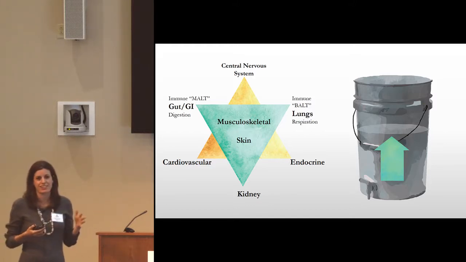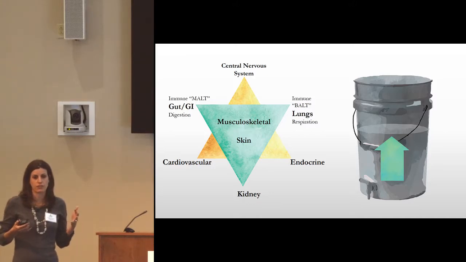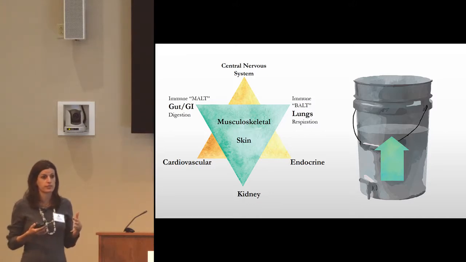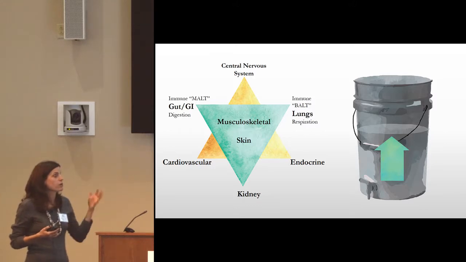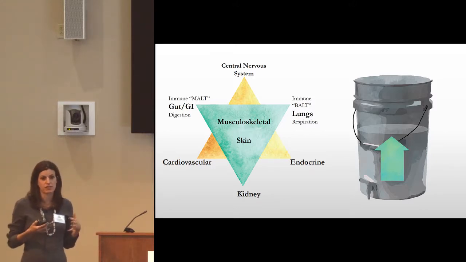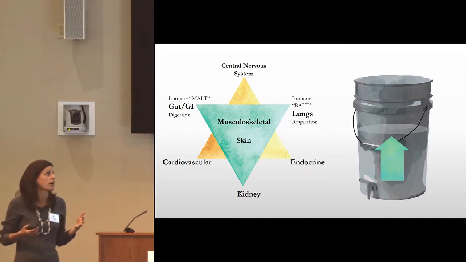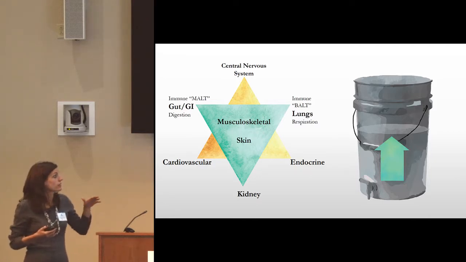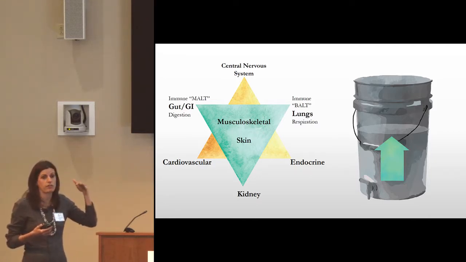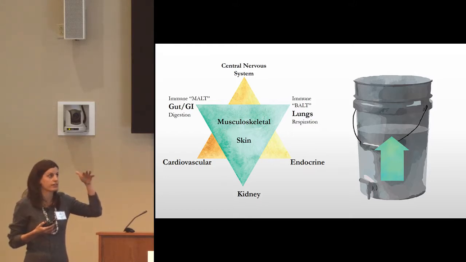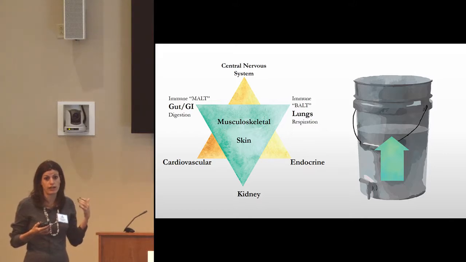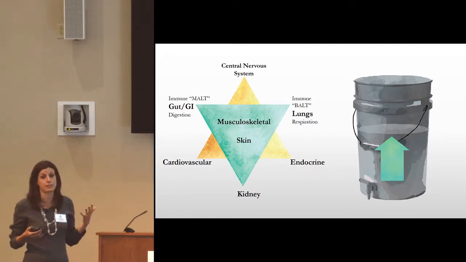Another way to understand that it's not just one cause and we don't need to intervene at just one level when we have an autoimmune disease is to think about a bucket. And this bucket has lots of capacity to fill up. If you think about the things that are filling this up as challenges to the body, it's very helpful. So this bucket can fill up and fill up and still have capacity for more and more until there's one thing that tips it and it spills over. And you can think of that spilling over as the full-blown symptoms of an autoimmune disease. And there have been studies that support this.